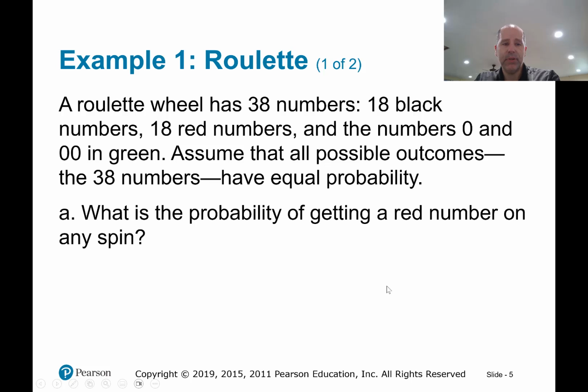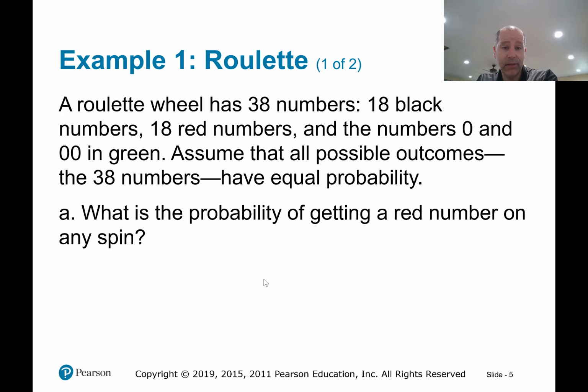So let's do an example. It says a roulette wheel has 38 numbers, 18 black and 18 red, and with the green numbers, which are 0 and 00. And assume that all possible outcomes are equally likely. Okay, so in this case here, what is the probability of getting a red number on any spin? So since each spin is independent, we just take the number of red out of the total number of